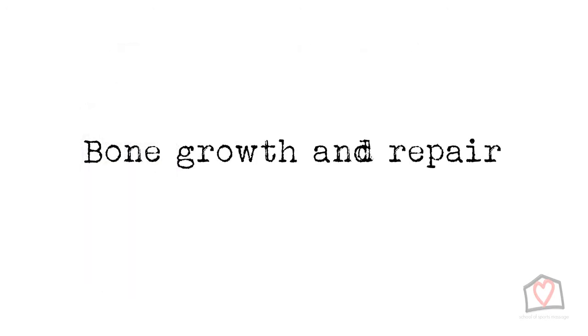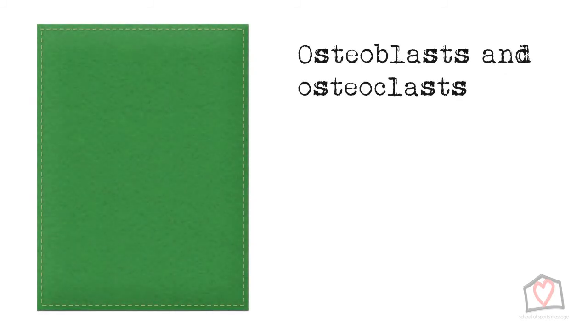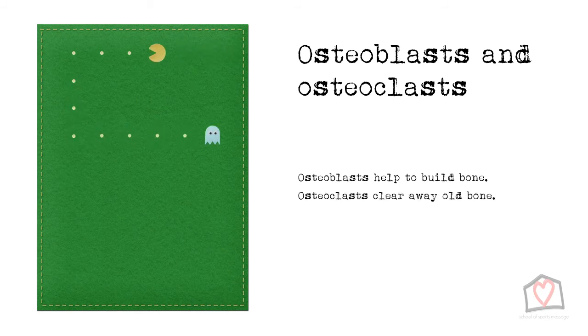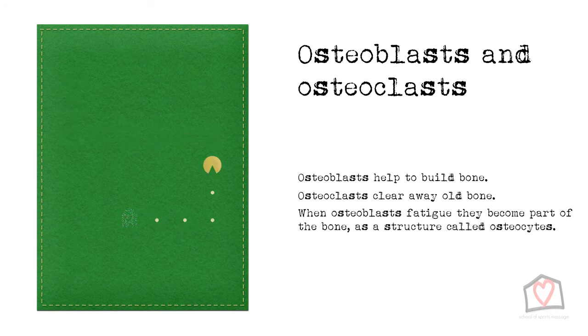Bone formation is a surprisingly simple process. In essence, there are two types of cell involved in bone development: osteoblasts, these help build bone, blasts build, and osteoclasts, these clear away old bone, clasts clear. The osteoblasts are particularly useful, as when they fatigue, they in fact become part of the bone, as a structure